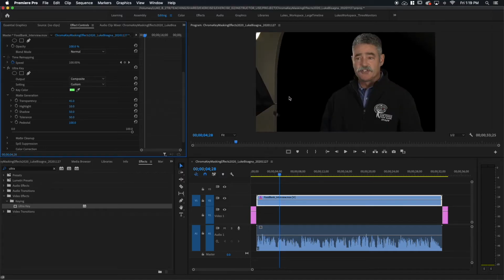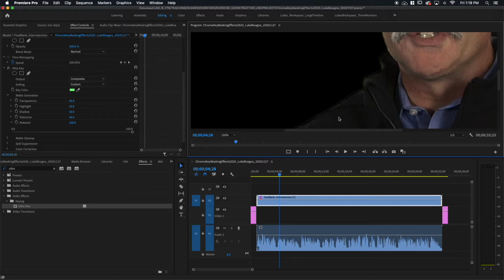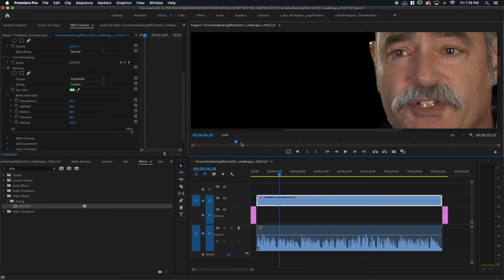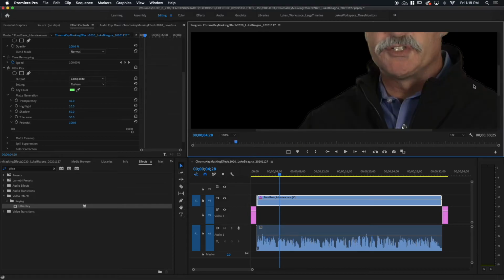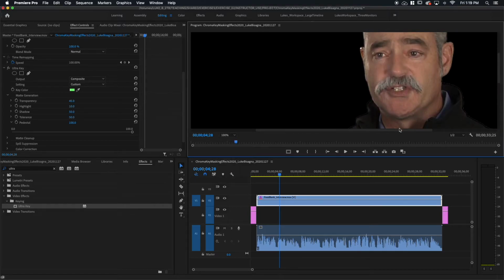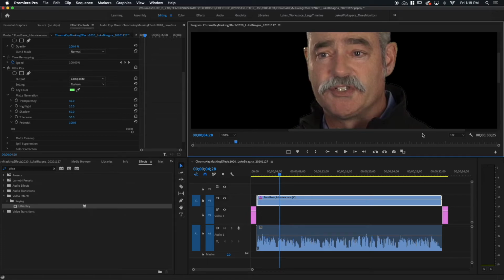And here we go. Now, there are a couple of issues that I want to draw to your attention here. I'm going to actually zoom in a bit here. Let's go to, I don't know, 150. And maybe we'll go down a little bit. Let's go down to 100. And you can see, zoomed in like this, there's kind of a rough edge along his shoulder here. His ear looks a little funky. He looks a little bit cut out. And the reason is because we have not totally effectively removed everything from the background yet. There are little artifacts left on him that we want to get rid of.